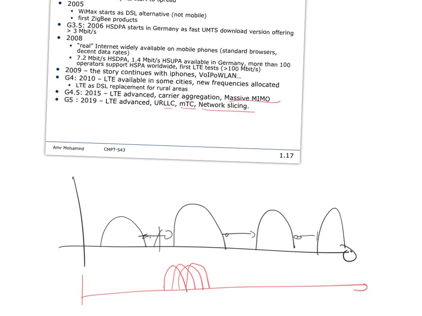Okay? So with massive MIMO, with carrier aggregation as well. Carrier aggregation means that for one single carrier, we cannot have more channels above what OFDMA can provide us, but we can dynamically assign multiple aggregated channels to one single user, which means that one single user can enjoy instantaneously very, very high data rates. Okay? But we need to be smart in allocating all these channels.